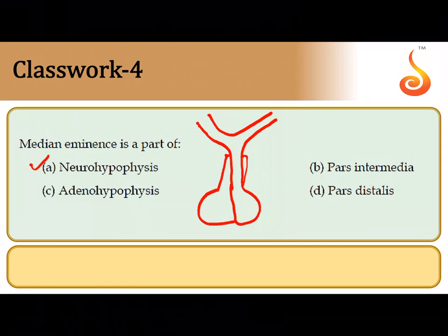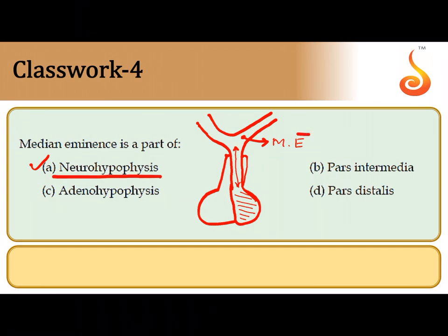So we had discussed. Now this part of the hypothalamus, from where the infundibulum, the stalk, continues, is referred to as the median eminence, and therefore it is directly associated, among all the given options here, with what is this shaded portion I'm talking about? The posterior lobe of pituitary, which is referred to as the neurohypophysis or pars nervosa.